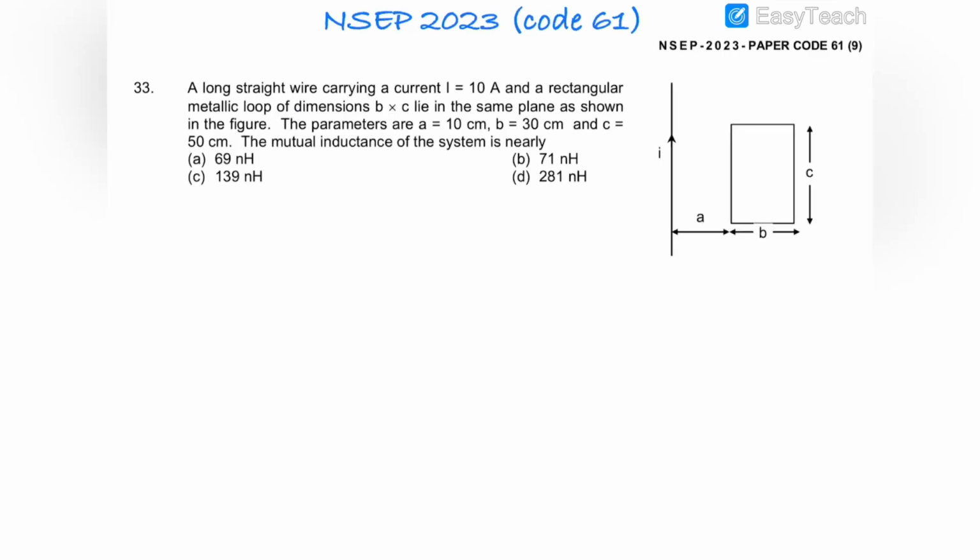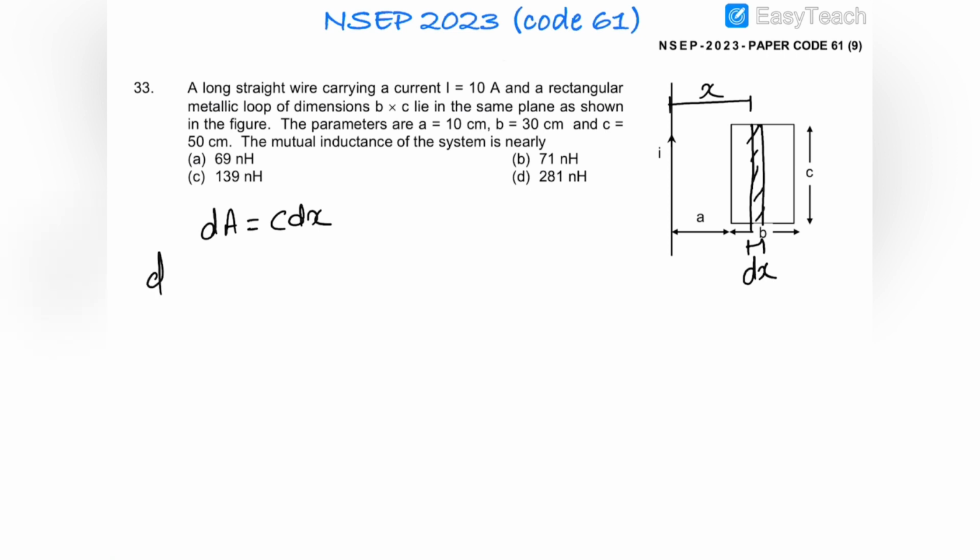In this question, you can see that there is a long straight wire carrying a current of 10 ampere, and there is a rectangular metallic loop of dimensions B into C, which is kept in the same plane as that of the wire. The dimensions are given as shown in the figure, and the mutual inductance of the system needs to be calculated. So what we need to do is find the flux linkage. Let us suppose that at a distance of x there is an area element of width dx. So the area of this element dA would be C dx, and the magnetic field linked with this element